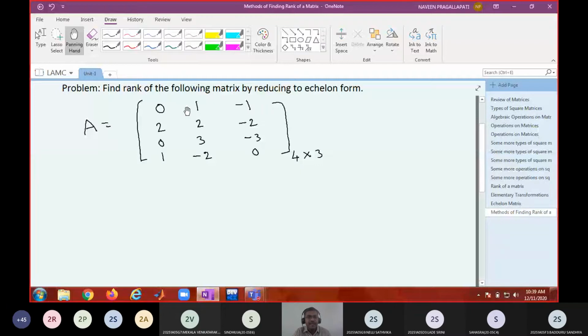Now let us discuss the first row. Whenever you are in a row, let us call it the pivot row for the time being, because I'm in the first row now. I will see it as a pivot row. Now, is this a 0 or non-zero? This position is occupied by 0, but I would like to see a pivot here. Pivot means the first non-zero entry. So what can I do?